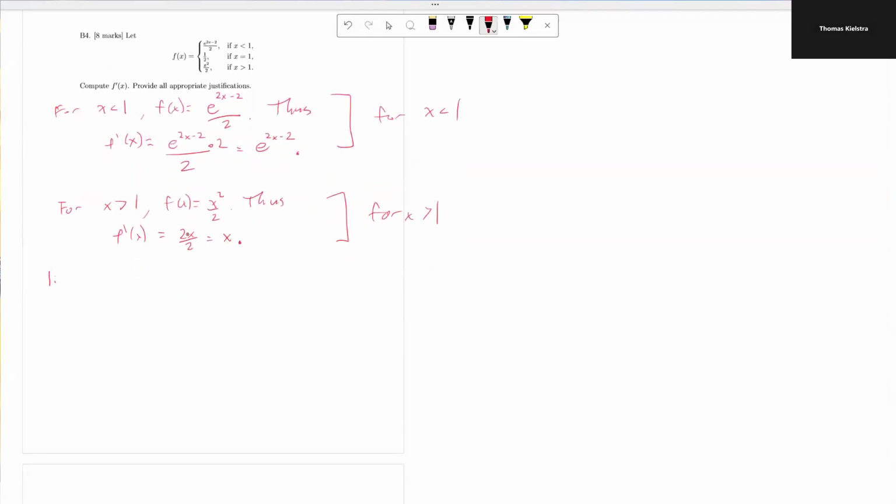For x equaling 1, we need to take the limit as h approaches 0 of f of 1 plus h minus f of 1 all over h. And it turns out that because the function breaks apart at 1, I need to break this into two limits. The limit as h approaches 0 from the positive of f of 1 plus h minus f of 1 all over h, and the limit as h approaches 0 from the negative of f of 1 plus h minus f of 1